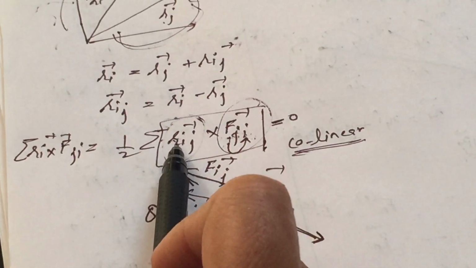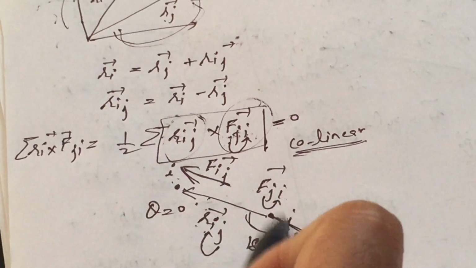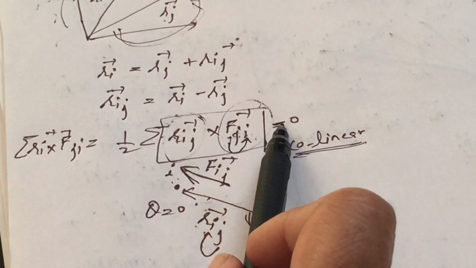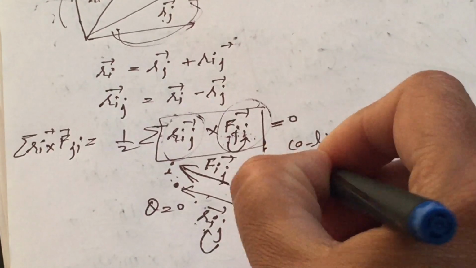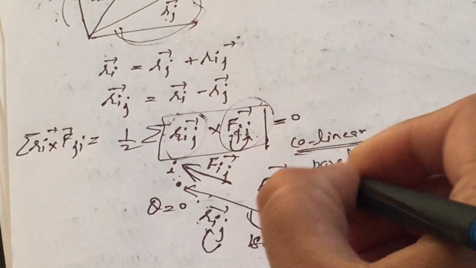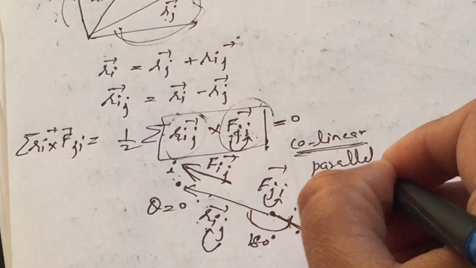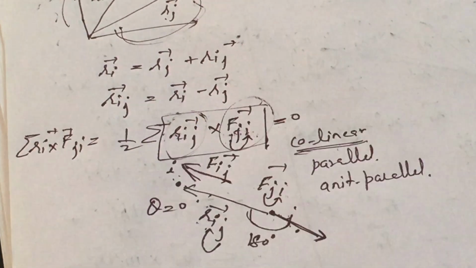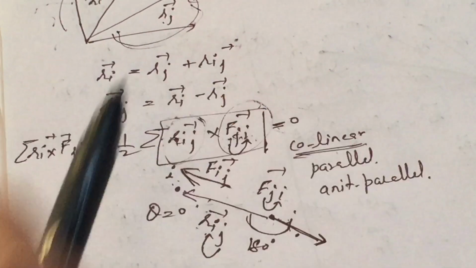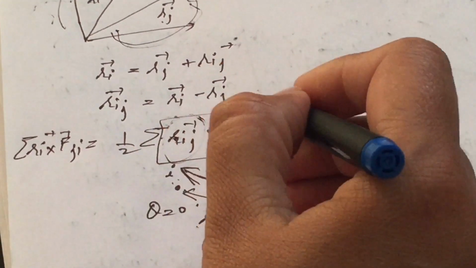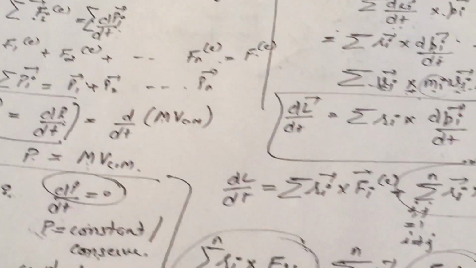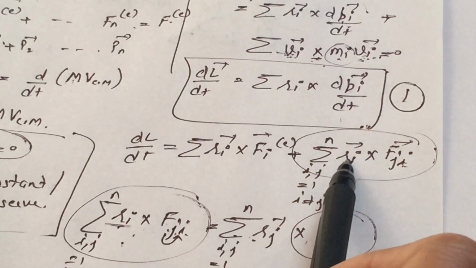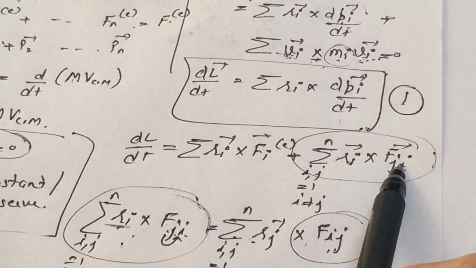These two vectors, that is the displacement vector of i and j and the force between i and j, are collinear vectors. It means they may be parallel to each other or anti-parallel to each other. In each and every case, this whole cross product is always equal to 0. It means this term is going to be 0. If this term is 0, what will happen to our equation? We find this whole term becomes 0 in our